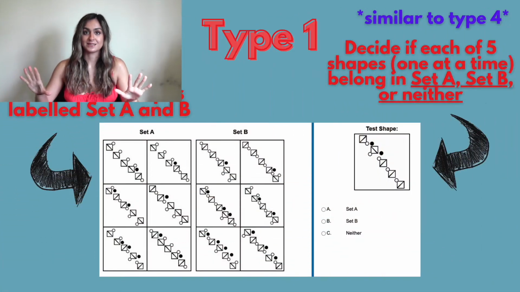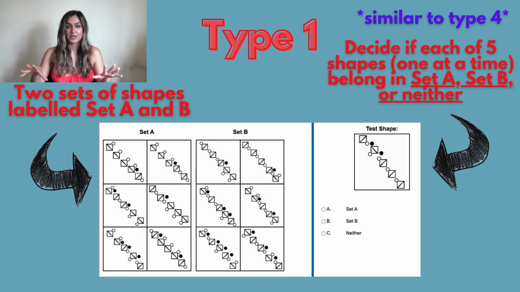Now, if we go over the first type of question, there are 4 types of question, and the first one is that you get given 2 sets, set A and set B. There's a similarity between every single box in set A. There will of course be lots of other things in each box to try and confuse you, and they're called distractors. Sometimes you will think the distractor is the main focus, but the distractor will not be present in each box, which means that it is not the principal focus of set A.